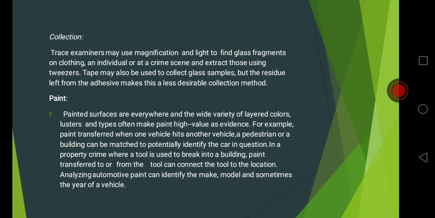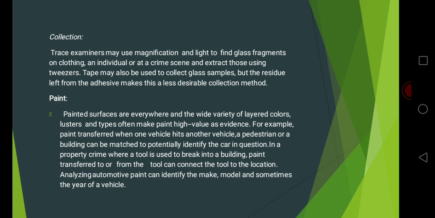We discuss traces of evidence, and our topic is paint. Paint as a source of collecting evidence. Painted surfaces are everywhere, and the wide variety of the layers, color, clusters, and type often make paint high value as evidence. For example, paint transferred when